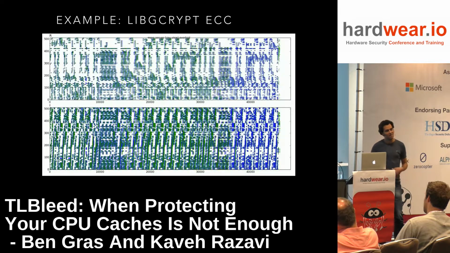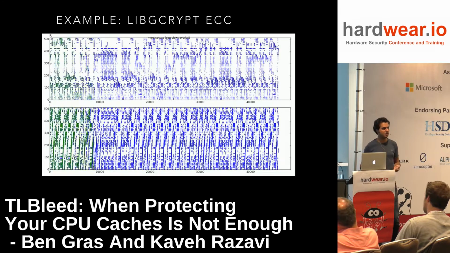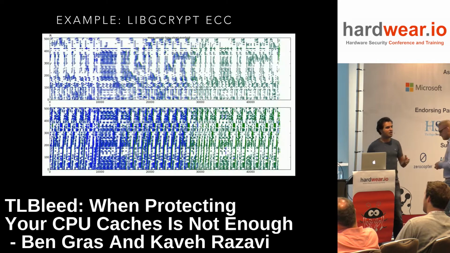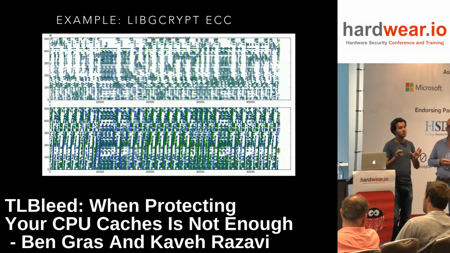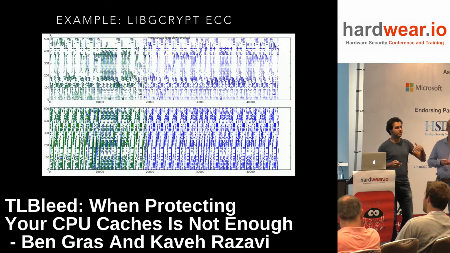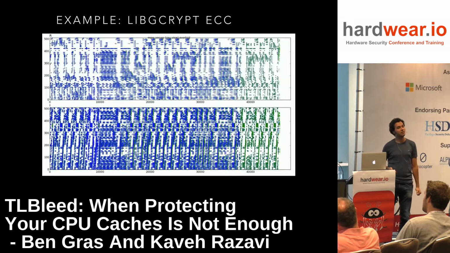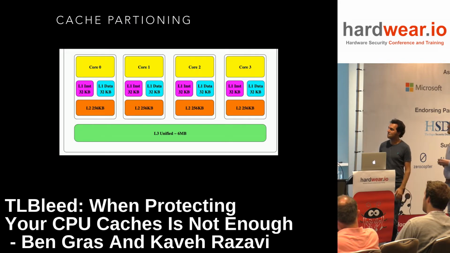We have realized this, and we have started coming up with more protections against this. Forget that the software could not do this in a safe way. What if we could build some protections so that if we run some piece of code, it will always be side channel free? Regardless of what the software is doing, could we make it protected against these cache attacks? That's where the defenses come into play, and I'm going to tell you a bunch of examples of these cache defenses.